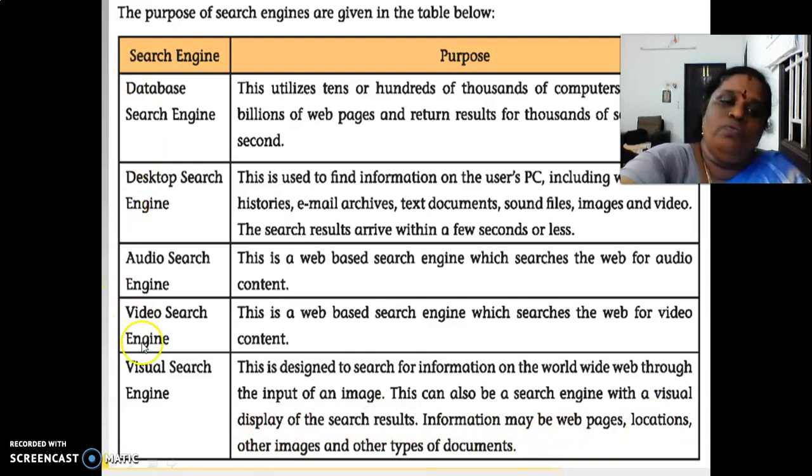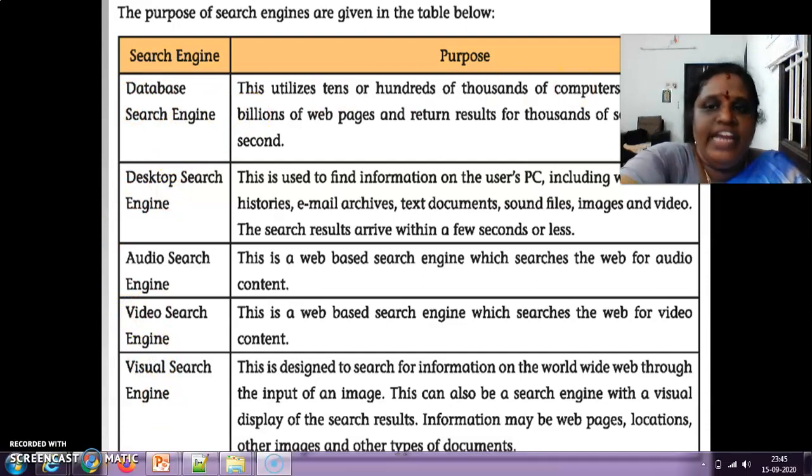So there are five search engines. The first one is the database search engine. This utilizes many computers and many billions of web pages and returns the results for thousands of searches. Like Google, if you type HTML, there will be many results over there, right? That is called a database search engine.